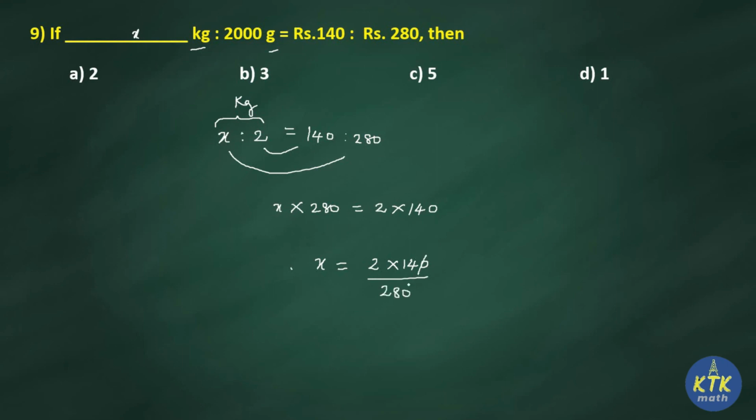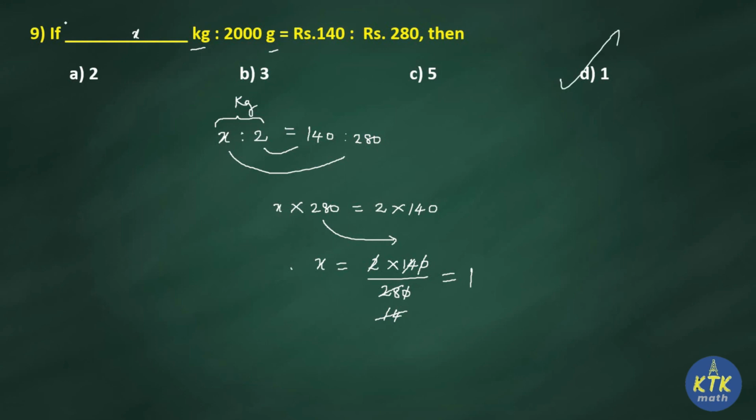Now just cancel the numbers, 0 0. I hope you understood why this 280 comes to denominator. When this is in terms of product, when it moves to the right side of the equation, it will be divided. Now we can cancel numbers. 2, 28 how many times? 14 times. Already 0, 0 got cancelled. Now 14, 14 also got cancelled. So when all the numbers got cancelled, what would be your answer? 1 is your answer. Don't write 0. Okay. Therefore, the answer for 9th question is option D, 1.